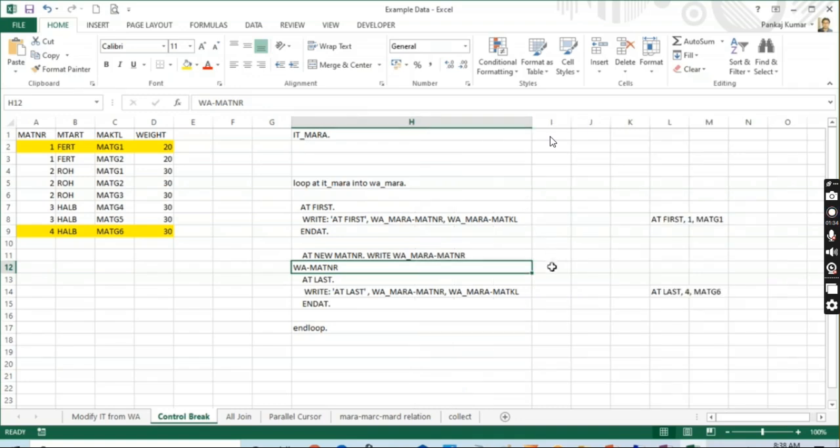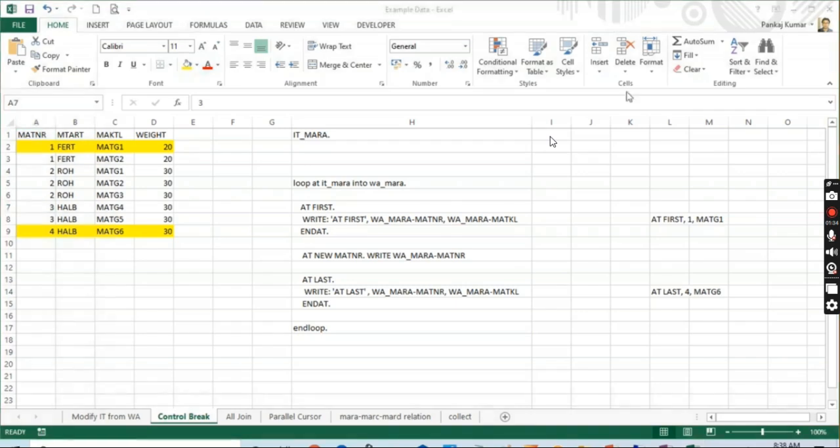Okay, 2 and 3. Only matnr I'm printing, only matnr. 2, 2 and 3. Okay, anyone else? Shiva or someone else? Muthu,